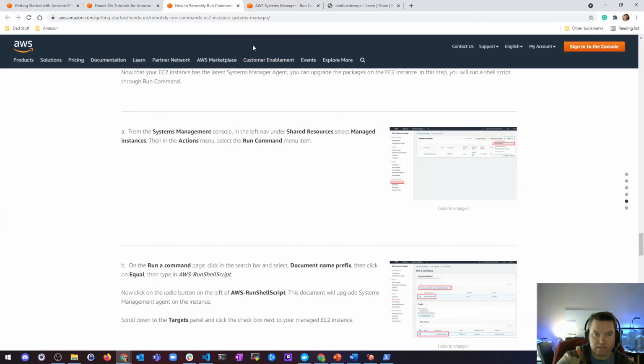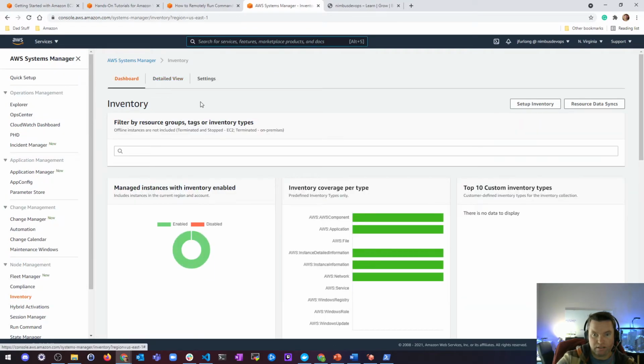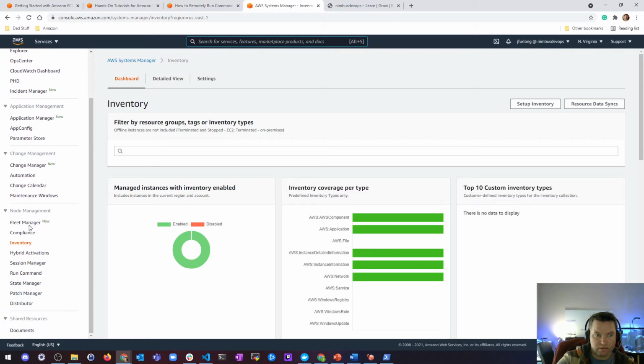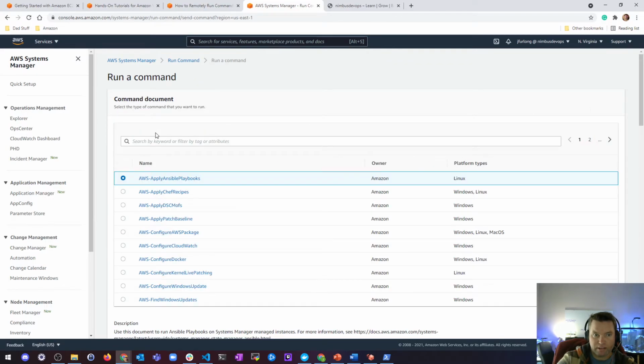So managed instances and select actions. So there's no managed instances on here. There is an inventory, so maybe it's under here. Here's my inventory. I'll probably just go straight to run command. Run command, and I'm going to do,